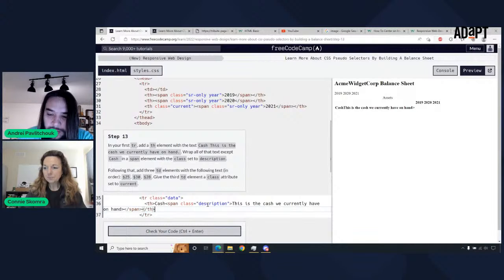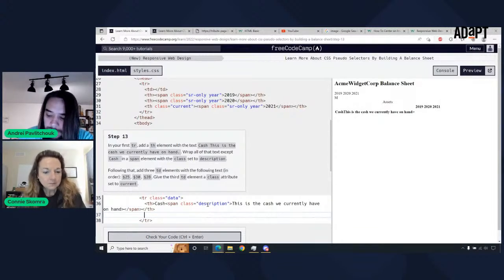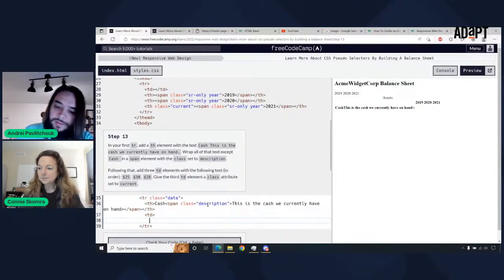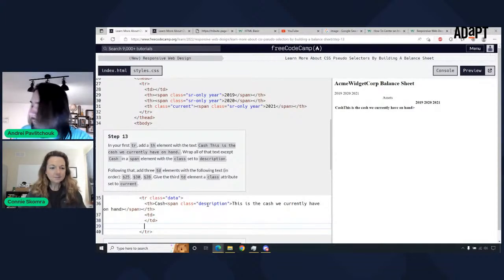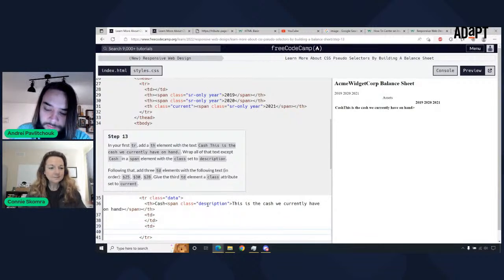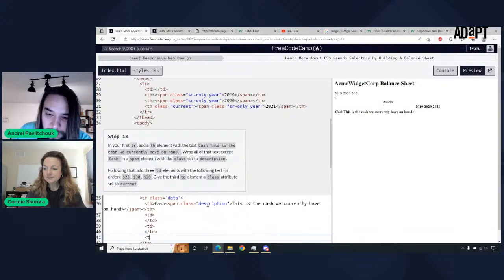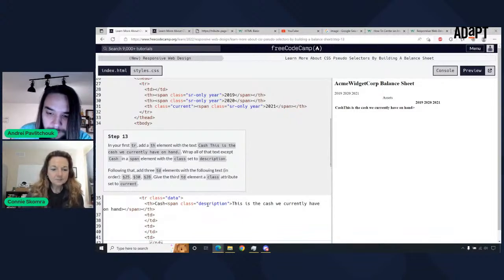So following that, add 3 TD elements. Class equals